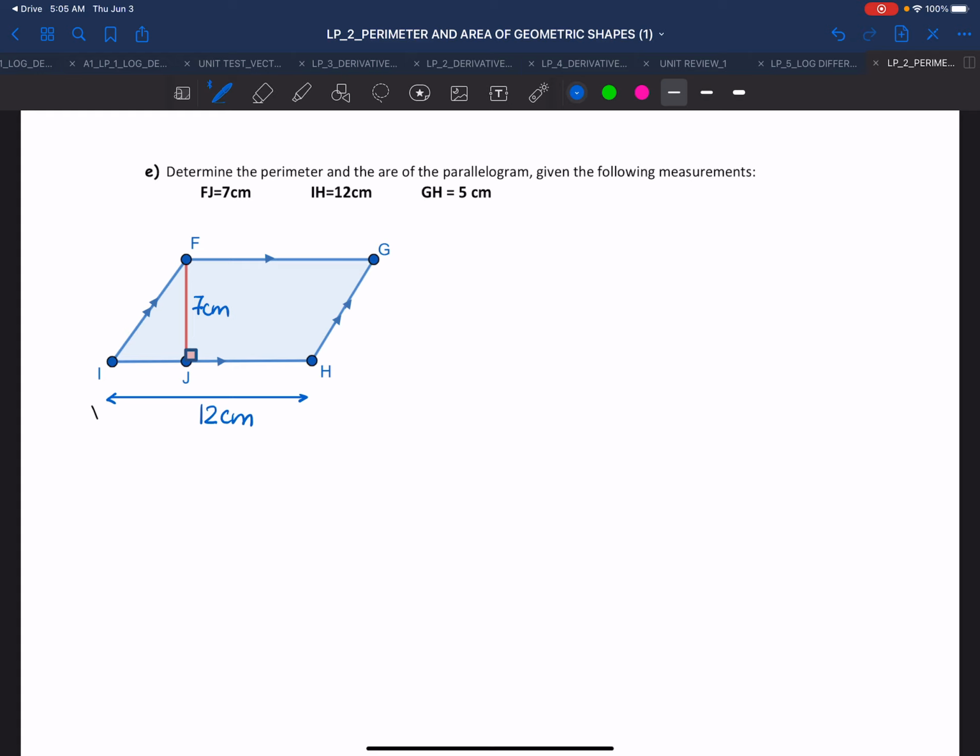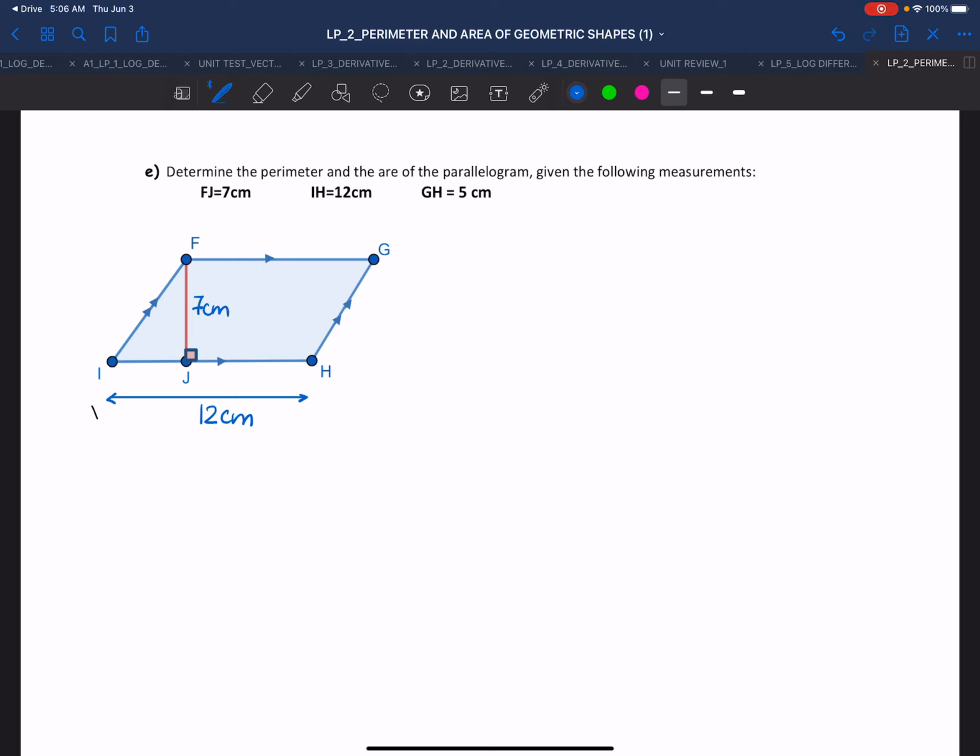And the reason why is because as you can see in here, we have kind of two lengths. We have IJ and we have JH. And if we were to just put the 12 somewhere in here, it will be confusing to understand which one is 12, right? So is it this side? Is it the whole thing? And that can be confusing to the people who read your work, and it can be confusing to you too, right? So especially when we are in a rush and trying to complete an assignment. So anyways,